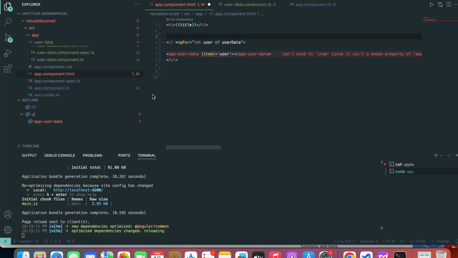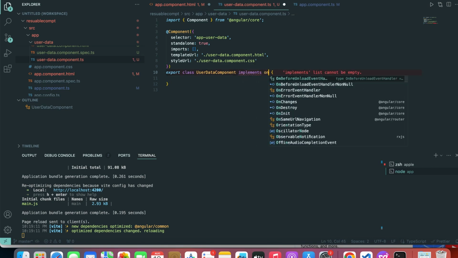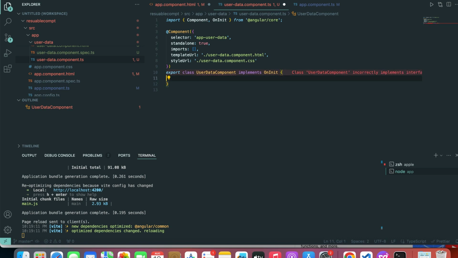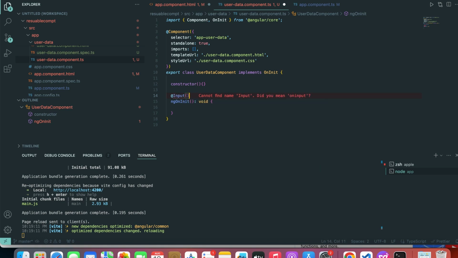So for that, I will go to the child component. Now I'm at the child component. First I will implement OnInit, and for that I'm going to define a constructor here. Then after that, ngOnInit, and next I need the Input decorator, so one second, let me import this Input, and here I will define that